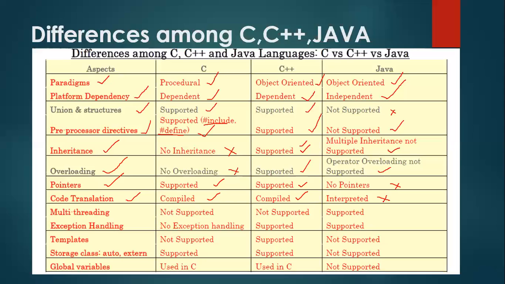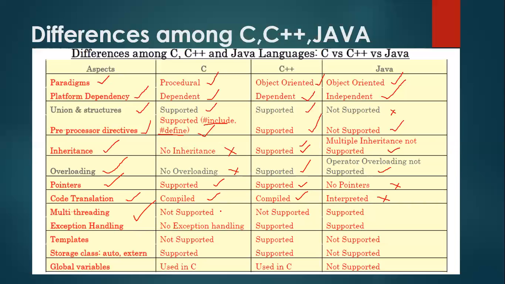The main difference between compiled and interpreted means the C program, the entire program, will be converted into machine level, that means zeros and ones, at a time. But coming to interpretation, it is translated line by line into machine level form. And the next aspect is multi-threading. Multi-threading is nothing but achieving parallelism: the program will be divided into small threads, pieces of code, and all these threads are executed in parallel.